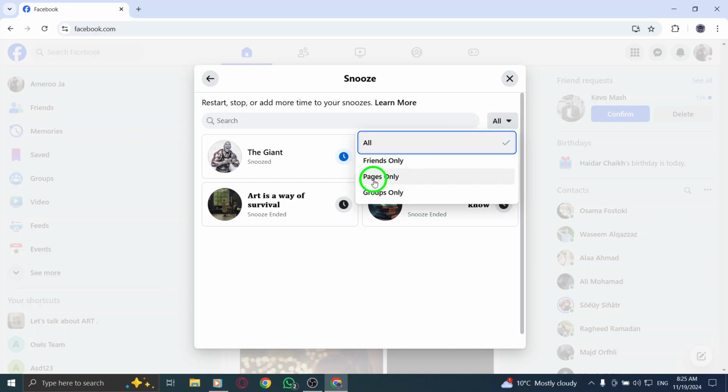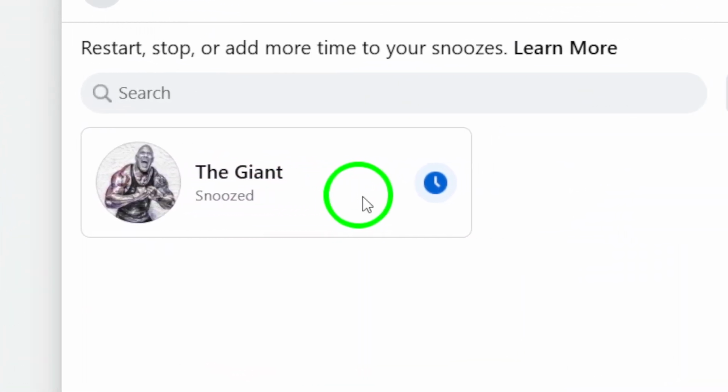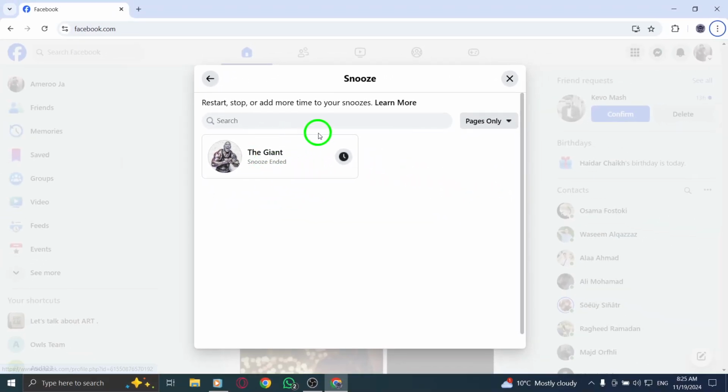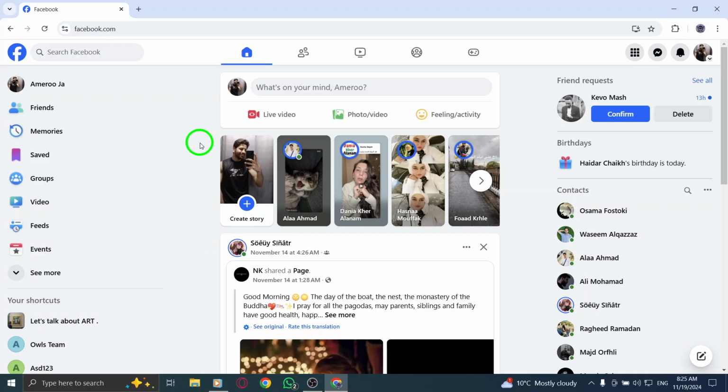Now scroll through the list and find the page you want to end the snooze for. Next to that page, you'll see an icon. Simply click on the icon and the snooze will be turned off. Once you do this, posts from that page will start appearing in your feed again. And that's it. You've successfully turned off the snooze for the page, and you'll start seeing their posts again as